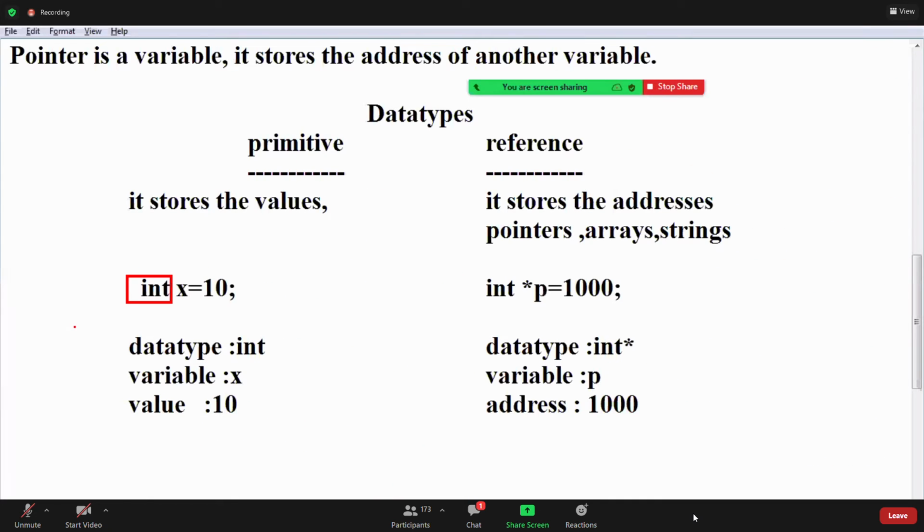Here int star is called an address type. You can't say data type. Address type is int star, because it stores the address. Why would you call it a data type? It stores the data. Int is a data type, int star is an address type. Clear? Write that first.